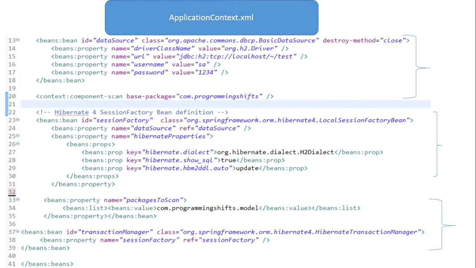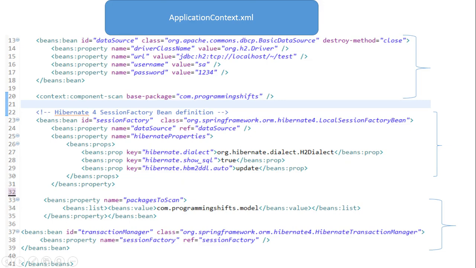Fine. There is the final application context XML that contains the database credentials inside the XML file. There is a bean ID known as data source that contains all the information of the database, like the driver name, the URL of the database, and the username and password. Secondly, you need to pass the component scan, that is the base package of our MVC project. The third one, we need to pass a session factory. Whenever a user wants to update his record, the table will not be deleted, we need to update only, so we pass the session factory ID.